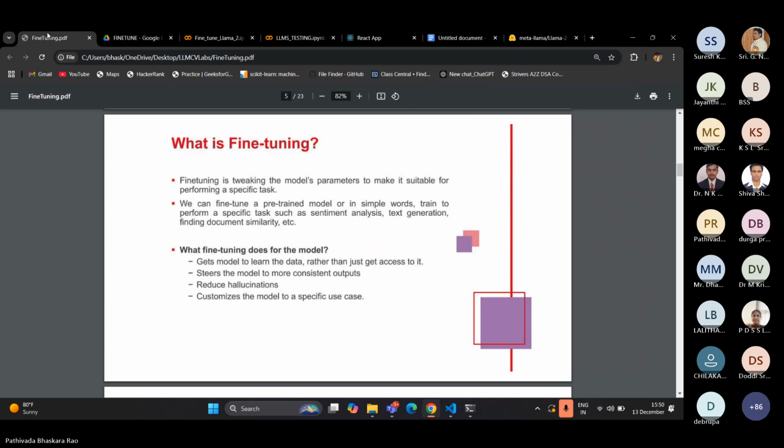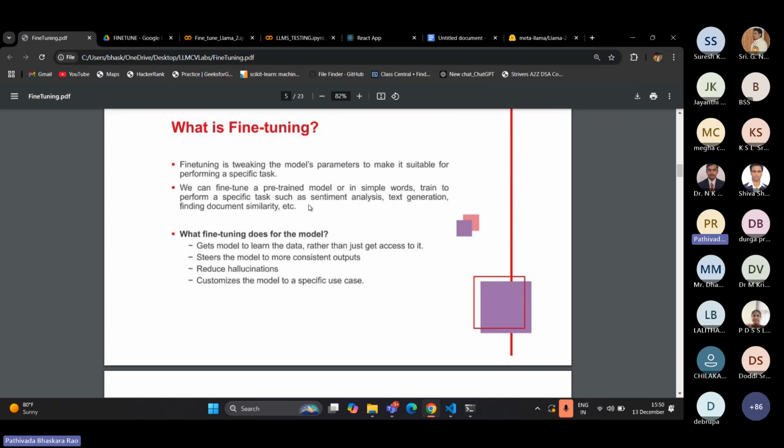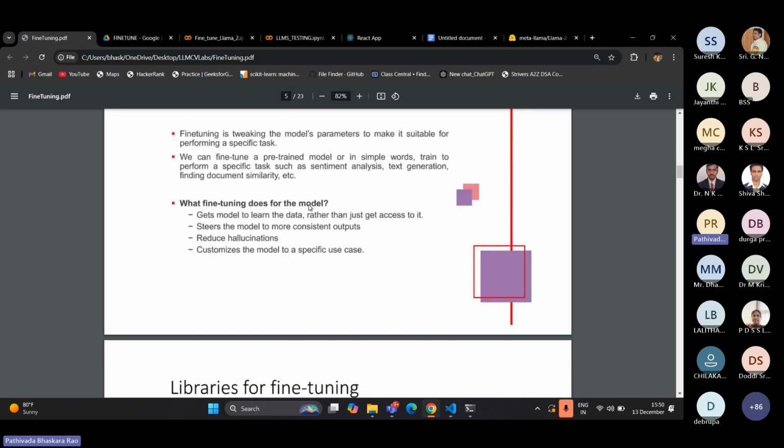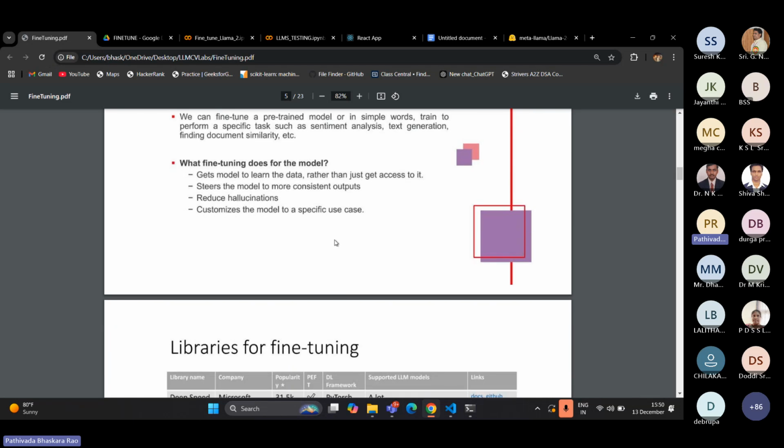So we fine tune it. We take the model and make it suitable for tasks like sentiment analysis, text generation, or finding document similarity. So what does fine tuning actually do for the model? You see, in pre-training, basically what we do is